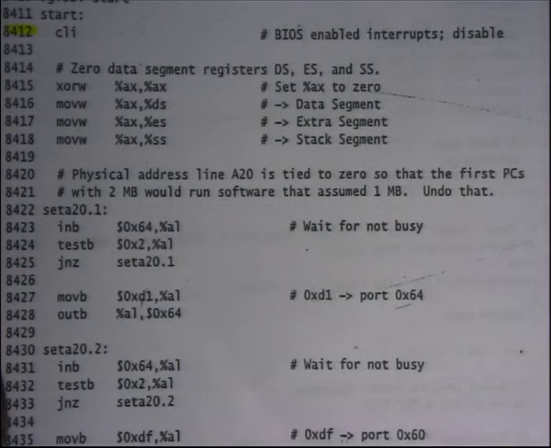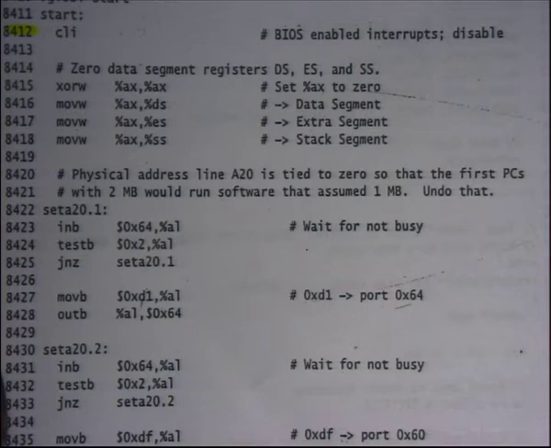Sir, instead of XORing, could we have directly moved $0 into it? Yes, you could have directly moved $0 into AX. Why is he doing it this way? It turns out it's more efficient. This is a standard thing that assembly programmers use: instead of moving 0 to AX, just XOR it with itself. That turns out to be more efficient, counterintuitively. Anyway, you could have done the other thing also. So then we could have XORed all three of them with themselves?